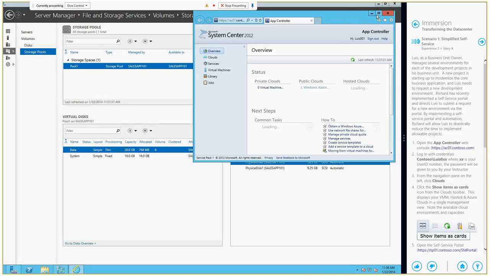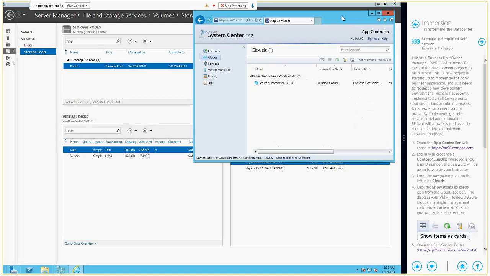I like having some of my infrastructure still in-house, but where possible, it may be more cost advantageous to deploy in that public cloud because I'm able to spin up that many more machines that much faster without deploying resources internally. There's a lot of great benefits to being able to stretch between both your internal private cloud and a public cloud. App Controller is really going to be one of the great interfaces that's going to allow us to do that. So if we look at our interface and we take a look at clouds,